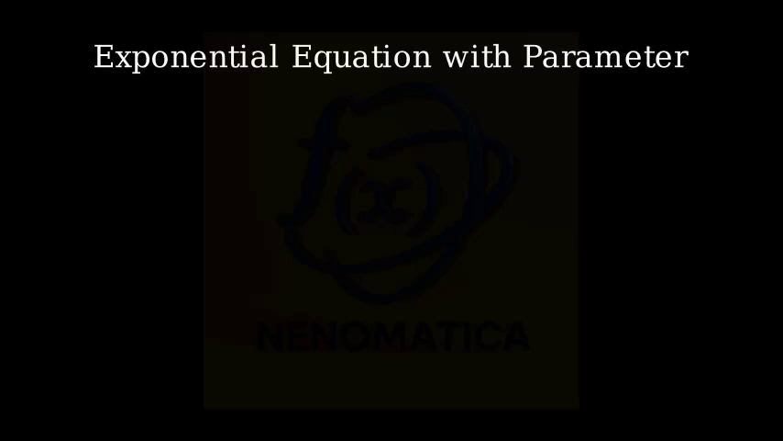Exponential equations. Welcome to this mathematics tutorial. Today, we'll solve a problem involving an exponential equation with a parameter. Our problem asks us to find all values of parameter a such that the exponential equation 4 to the power of x minus a times 2 to the power of x minus a plus 3 equals 0 has at least one solution. To solve this problem, let's start by making a substitution to convert the exponential equation into a quadratic